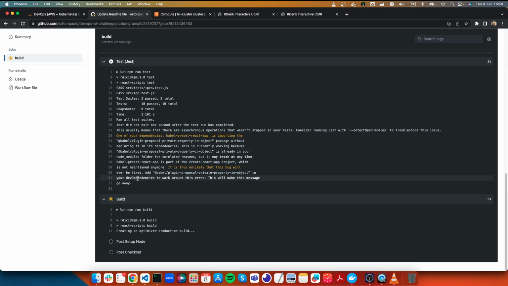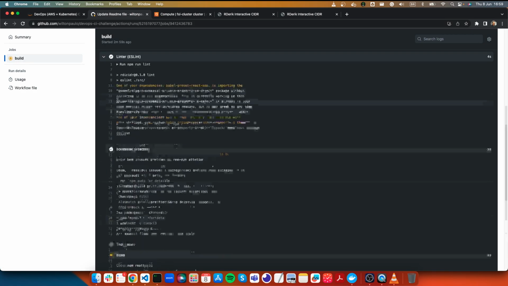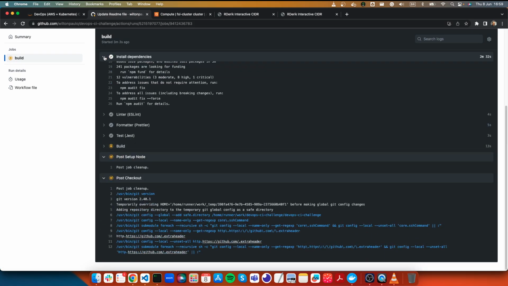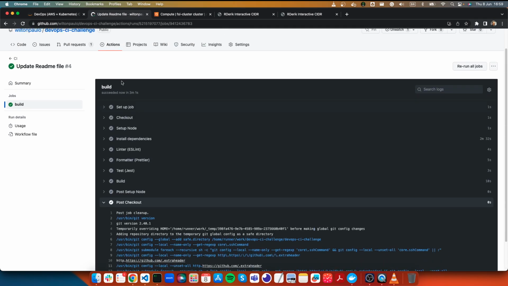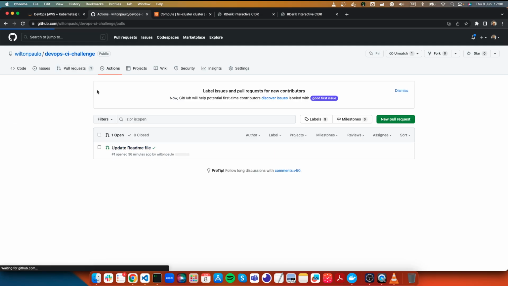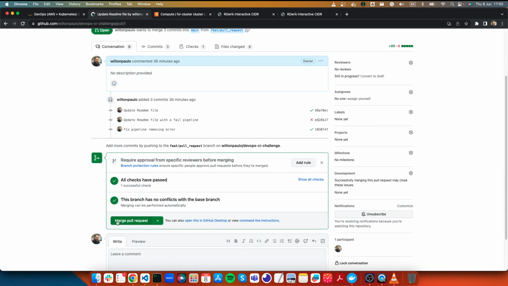Yeah, just wait for this. Okay, it's passing all the other steps. It has already passed. I think it's finishing. Okay, posting. Okay, perfect. So we had an error pipeline, and now the pipeline is successful. I'm going to just merge that and put this code into the main branch,